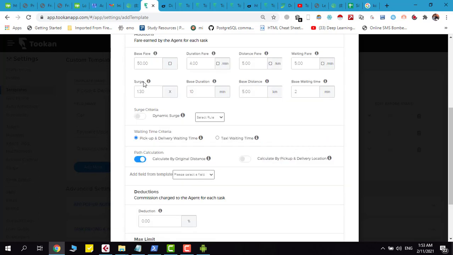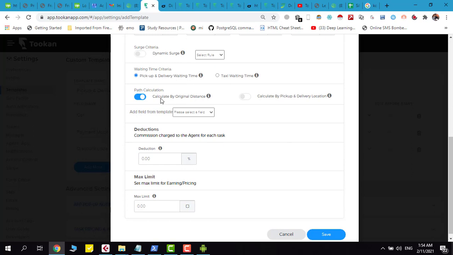You can use this, for example, on a rainy day when your drivers are not coming. You will ask the drivers, today I will pay you 1.3 times, or you have 20 orders but can fulfill only 10. Here you can charge a surge, like 1.3 times the basic fare. For surge criteria, you can choose whether to allow the surge. In case you are not satisfied with 1.3 times, you can set your own criteria. You can also select waiting time criteria if you want to.